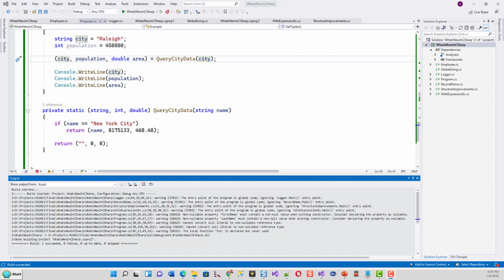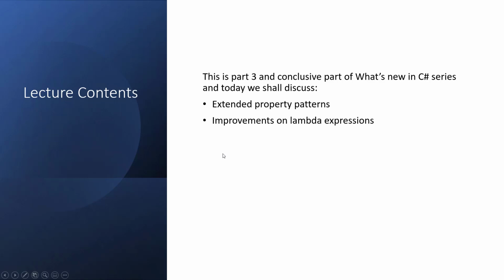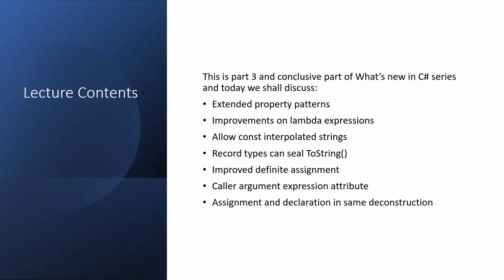All right, so with that we have effectively finished this lesson, and we have revised these things again. One by one we have seen extended property patterns, improvements on lambda expression, allow const interpolated strings, record types can seal ToString, improved definite assignment, caller argument expression attribute, assignment and declaration in the same